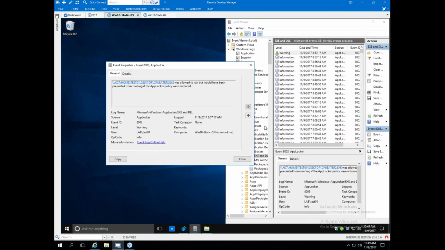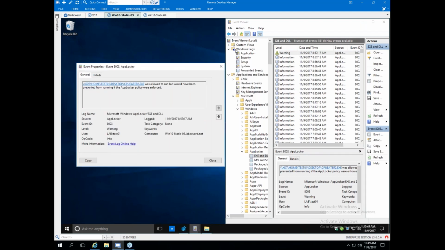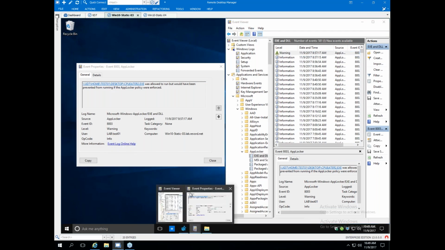And I'm going to rush through this since we are getting short on time, and then we'll have questions for those who can stay later. But the important part here is you come into your event viewer, application services, Microsoft, Windows, AppLocker, and your different types of rules, which I'll jump back to in just a second. Each get their own event log to tell you what happens.